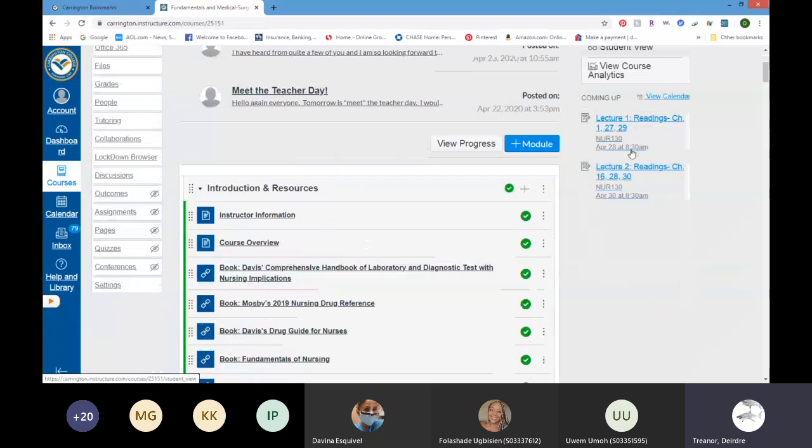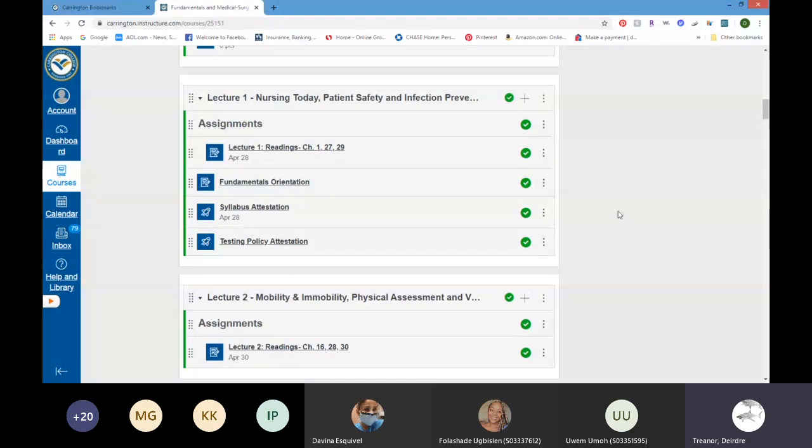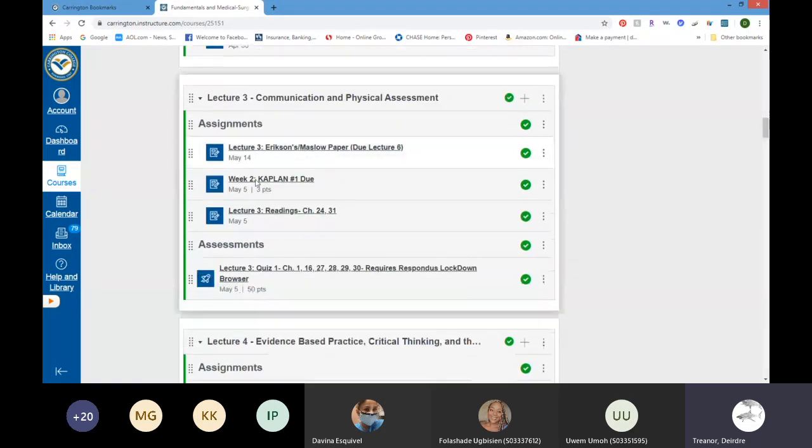within the time frame. So when I did the syllabus, these are the modules, but when I did the syllabus, I tried to make it as easy as a breakdown. But please feel free to let me know if you have any problems, questions, concerns. So here's your lecture week 1, lecture 2. In lecture 3, which would be next Tuesday, we'll talk about your first paper, and also your quiz is next Tuesday. One thing I did is almost all the test quizzes are on Tuesdays. There's one at the end that's on a Thursday, and all your assignments like a paper, presentations, those things are due on